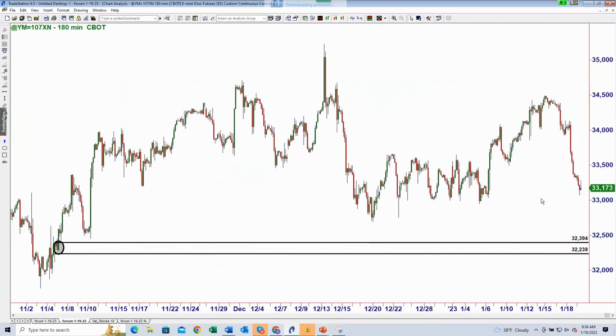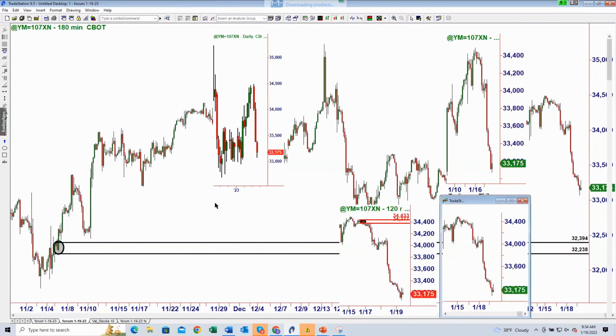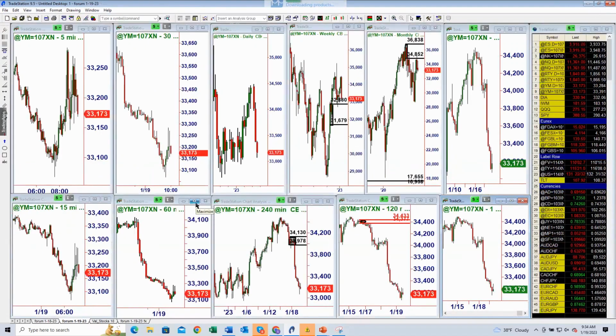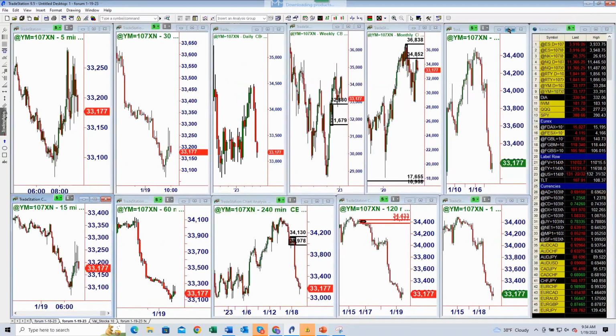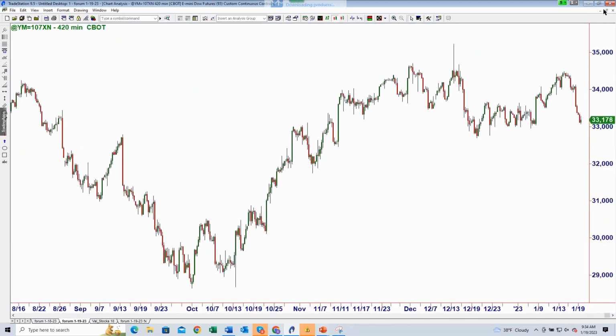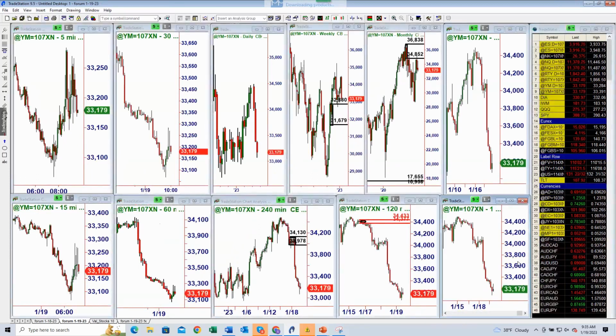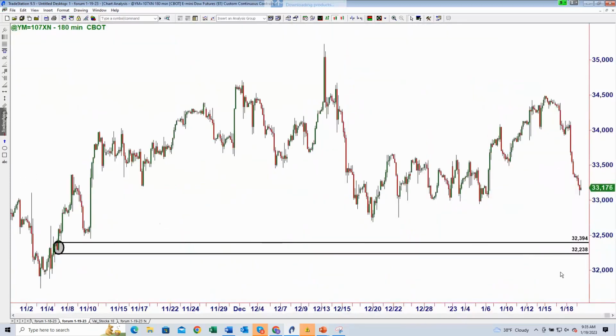So we have that supply zone just a little bit higher. It's actually not a little bit higher. It's all the way up here, right? Well, let's just be clear. Okay, right here. Yeah, so right up here, 33,645 on the supply side. On the demand side, if you want to get high probability and below the range, that's going to be this one right here. Down here in the 32,395 area. You see how this demand zone, now it's a circle, so it's a little bit lower probability, but